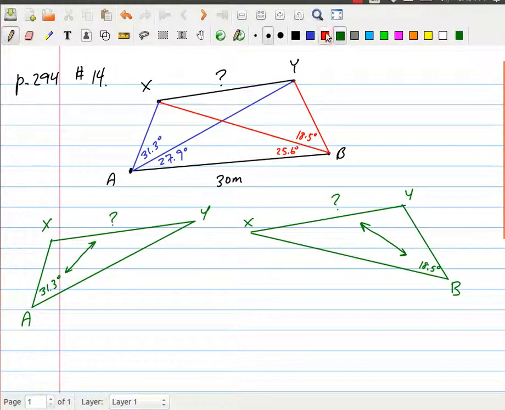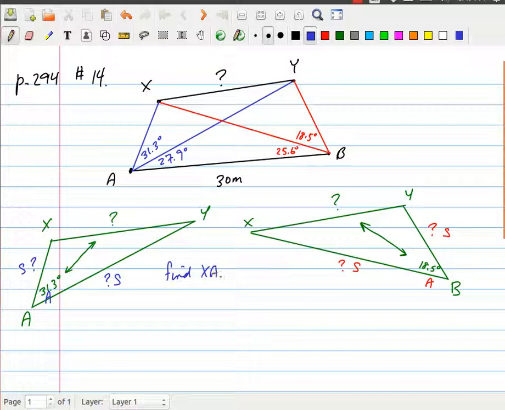Is there any way for me to find out the value of, for example, this side and this side? Then I would have side, angle, side, and that would let me use the cosine law. Similarly, if I could find this side and this side, I would have side, angle, side, and that would let me use the cosine law. So I need to somehow find, actually I'll leave that in place for now,